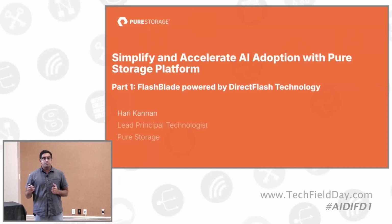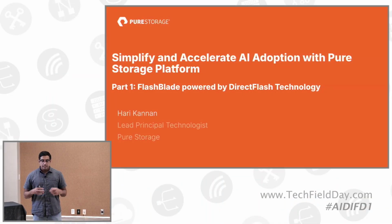In this first segment, I'm going to be talking about FlashBlade, which is an all-flash scale-out file and object platform built by Pure that serves as storage for high-performance tasks such as AI. So we're going to talk a little bit about how we see the needs of AI playing on the storage industry, what sort of interfaces, what sort of attributes are required from the storage, how that ties into our design philosophies at Pure. And then we'll go a little deeper into, well, how do we make all of this work